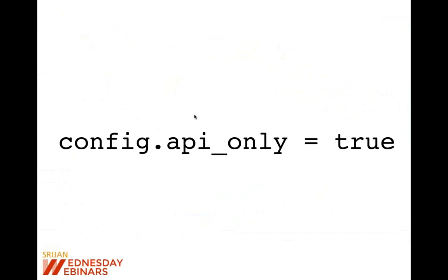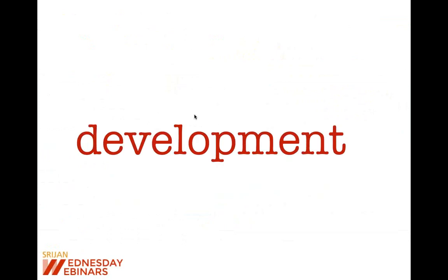If you want to upgrade an existing app to an API only app, then you have to put this configuration: config.api_only = true in your application.rb, and then that app will start using the stack for API. There are some more changes that you will have to do to make it fully work, but yeah, this is the main configuration that first needs to be changed to make it API only. Now, these were some of the major features of Rails 5.